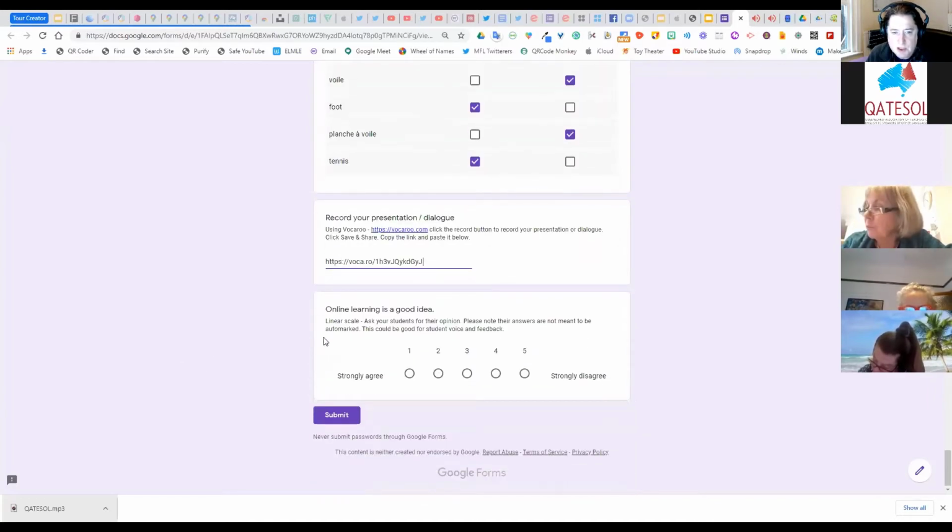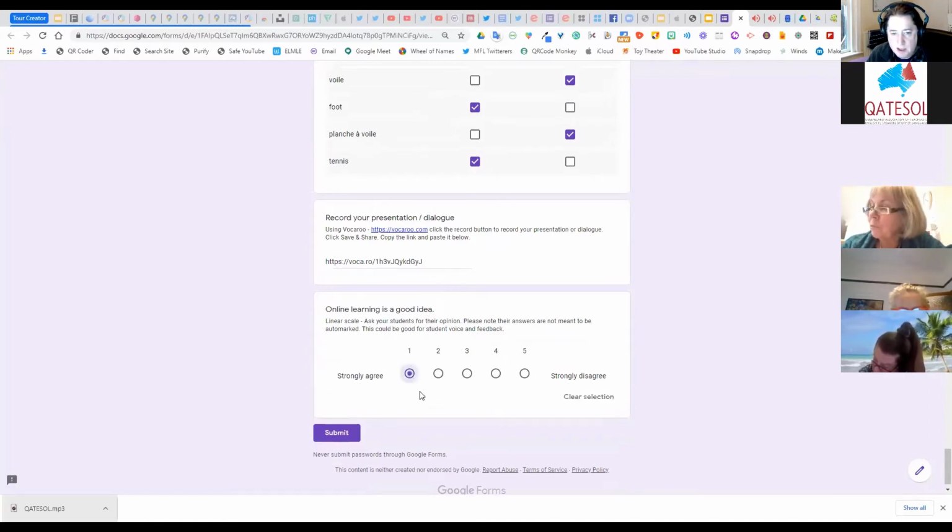And then the last one is a linear scale one. This is not marked automatically. You just put in a statement such as online learning is a good idea. And then you simply check the radio button, which shows how you feel about that particular question. So that's a nice one to finish with when you're promoting student voice, which we're big fans of in the